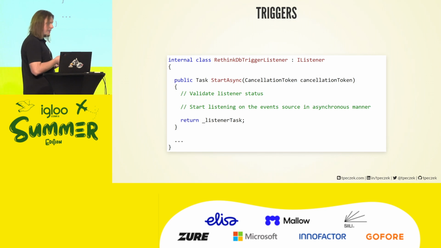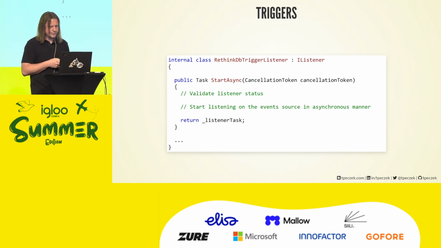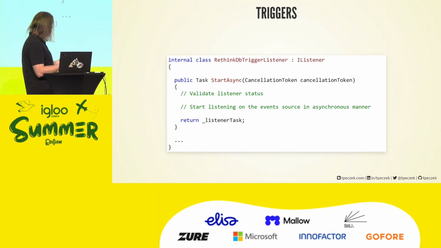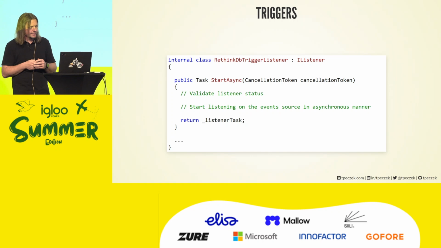Basically, everything can be happening here. The only limitation is it has to be asynchronous. It has to return a task. That task represents the listener to the Azure Functions. Whenever Azure Functions decides to shut down a listener because, I don't know, we are scaling down to 0 or something, it will tell you to stop, cancel. So an extension will detach from the service, clean up, stop that task.